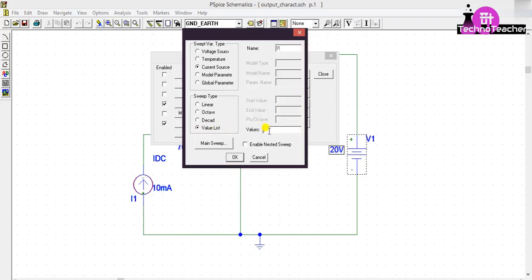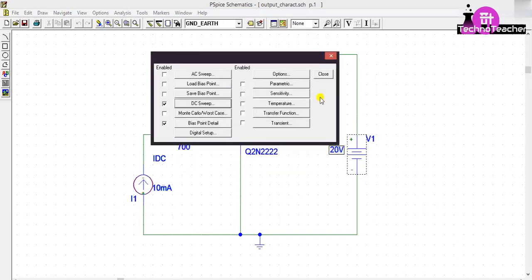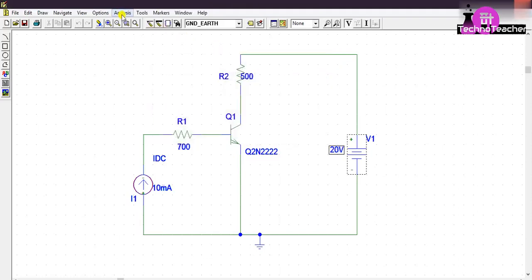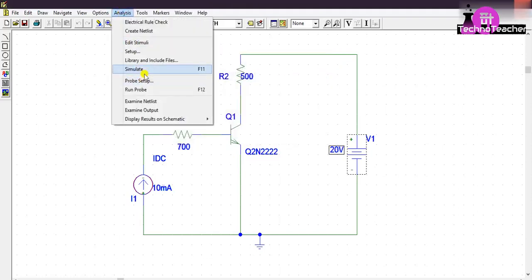Give here the value 0 microampere, then comma, suppose 20 microampere, then 40 microampere, 60 microampere, comma 80 microampere. Click on enable nested sweep, then OK. Then close this. Now go to analysis and simulate.